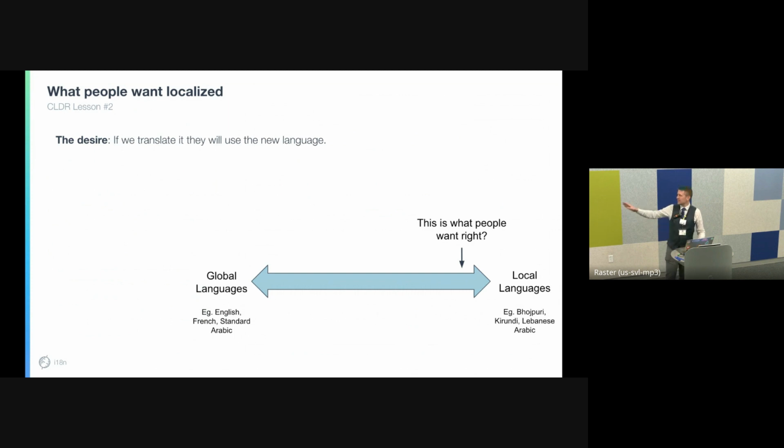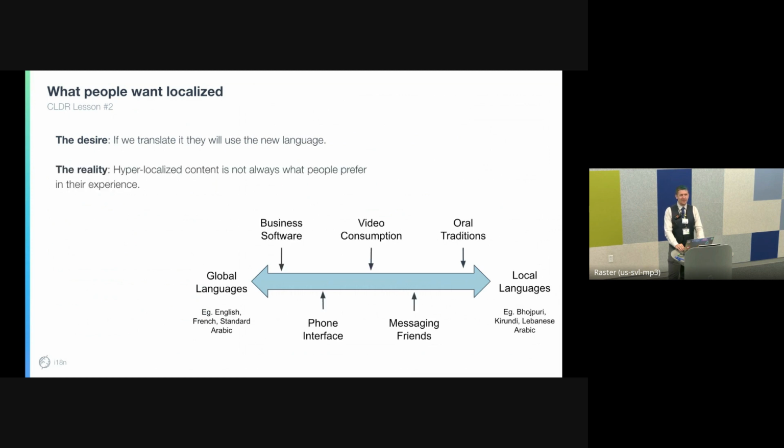On one hand, you'll have global languages like English, French, or Standard Arabic. But then there'll also be local languages like Bhojpuri, Kirundi, and Lebanese Arabic. So do you think if we translate them, everyone's going to suddenly switch their UI to the new language? Unfortunately, that's not what people necessarily want from your service. While Facebook wants to be a local company, it wants to meet people where they are.